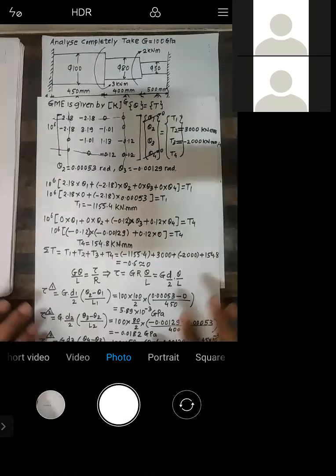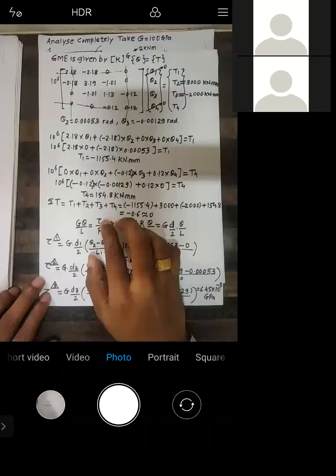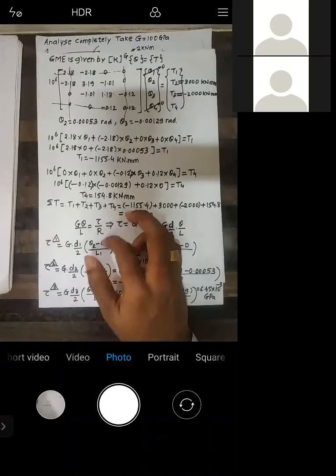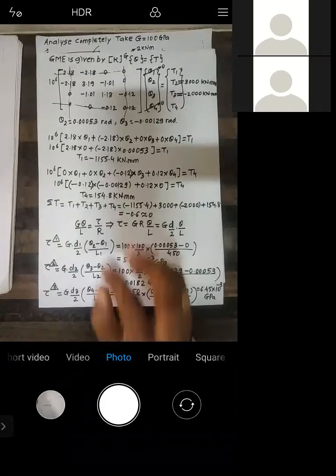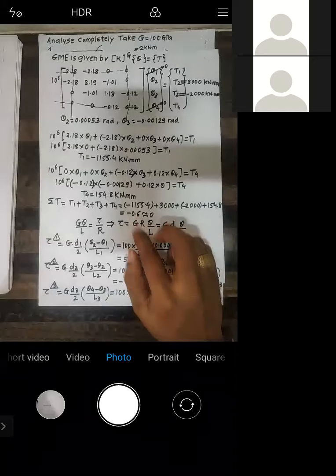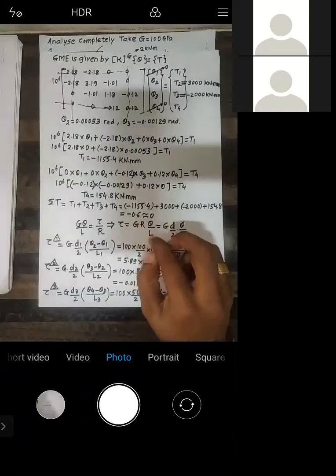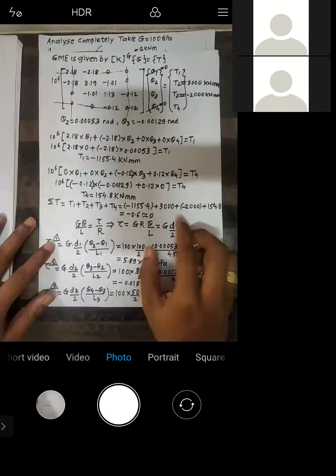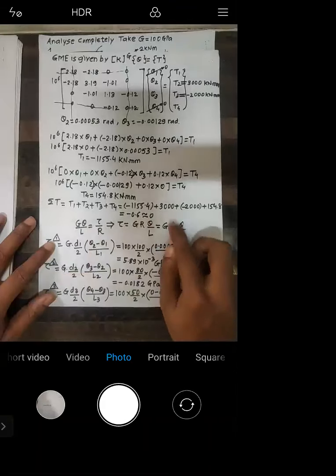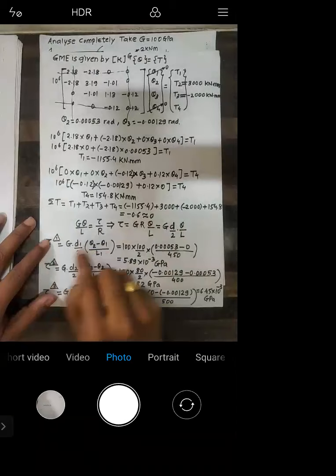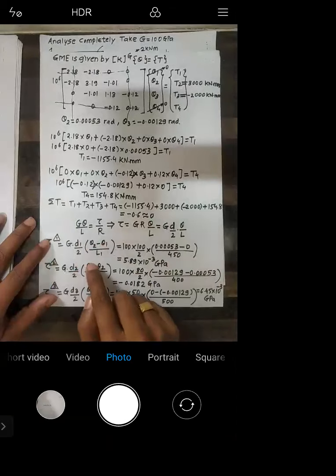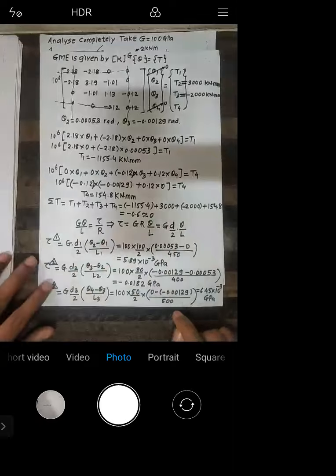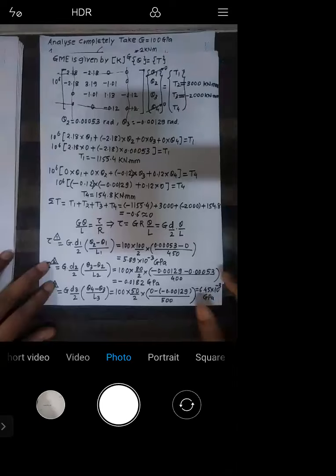Now further, we are interested to calculate the value of stress. For that, the equation which we'll be using, which you used in SOM, is G theta by L equal to tau by R. So I am interested to calculate the value of tau. So it is G, okay, R into theta by L. So it is G, what is the value of R? It's diameter by 2, into theta by L. Now in this formula, the only term which I'm going to change is theta. Because for every element, there are 2 values of theta that I'm writing. For every element, there are 2 values of theta, right? So by using this formula, I'll be able to calculate the values of stresses. Have you understood?